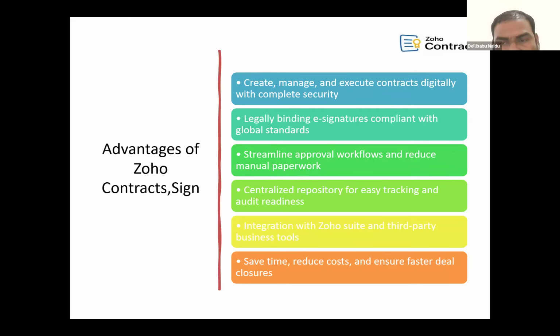Once that is done, you can send for negotiations to the customer also, or your vendor or third parties. They also can review, they can approve. There will be multiple processes based on your company requirement. You can set up that one, automatically it will flow. Then they can approve. Once that complete review and updates and negotiations are done, then you can send for signatures.